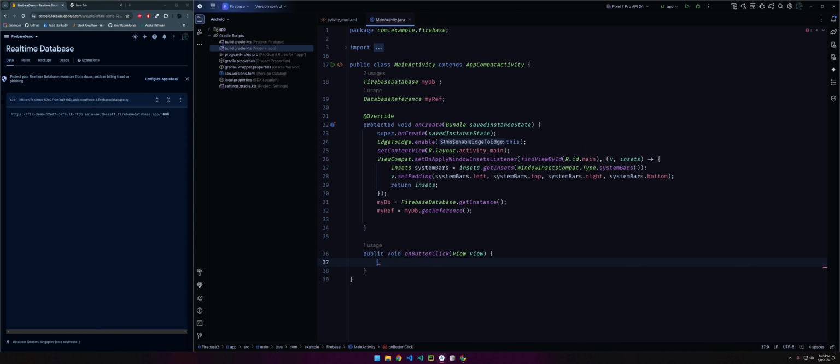Essentially, I'm just gonna implement a simple message rather than adding a whole object. Let's say we have a message. Now what I want to do is also specify the name of my root node. So what I can do over here is basically use the reference object, this one,